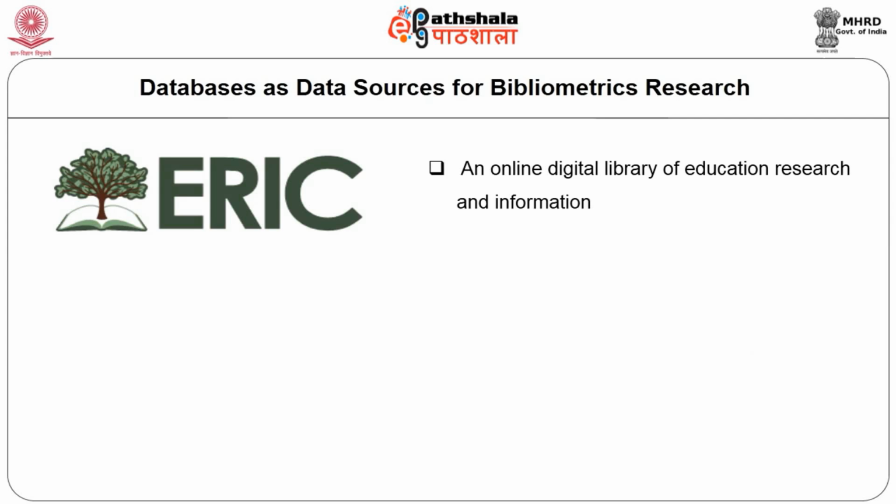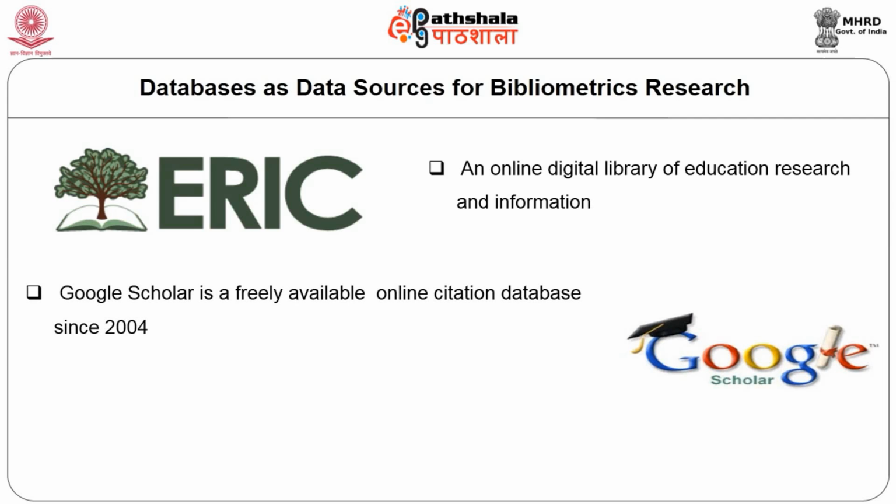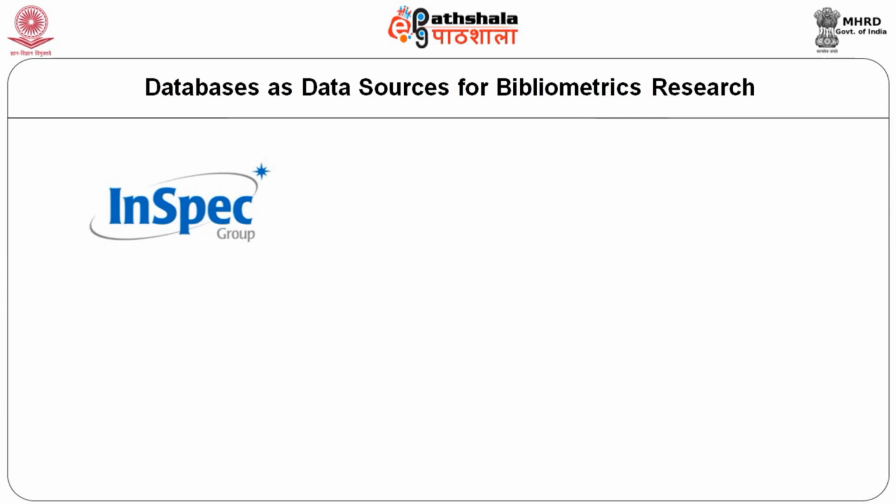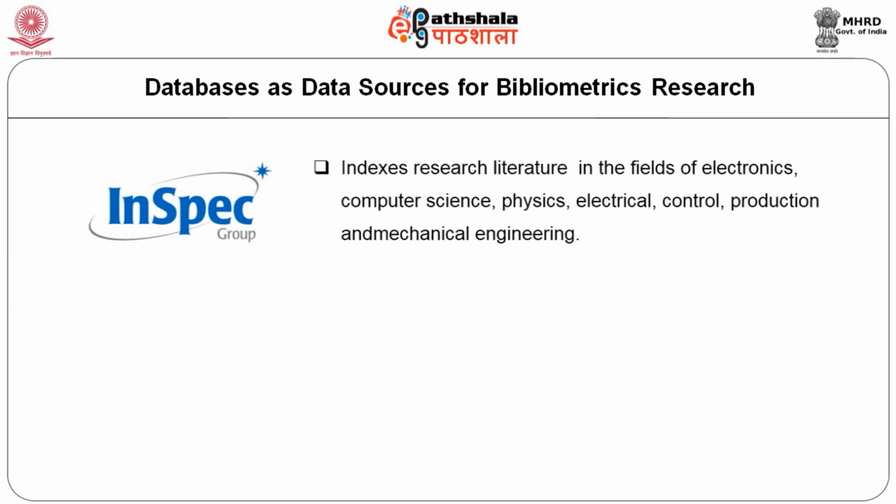One of the upcoming data sources which is popularly being used by many bibliometricians is Google Scholar. Google Scholar was started in 2004. It is popular because it is freely available. Because of free availability and indexing different forms of scholarly information other than journals also, Google Scholar has become quite popular. InSpec is another database with 13 million abstracts and specialized indexing to the world's quality research literature in the